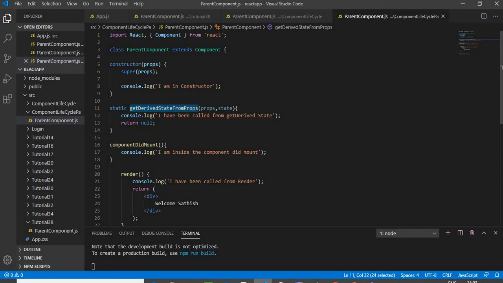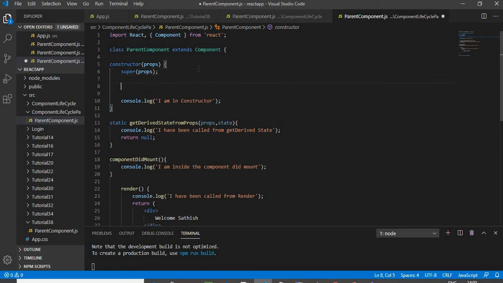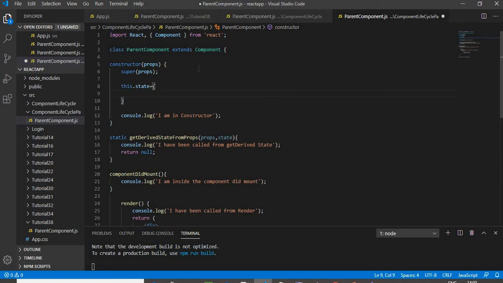So right now what it is complaining is, you are using getDerivedStateFromProps, but I don't have any state object that has been initialized over here. So for that, what I am going to do is create a state and define the same. State equal to some object. Going to name it as my name,